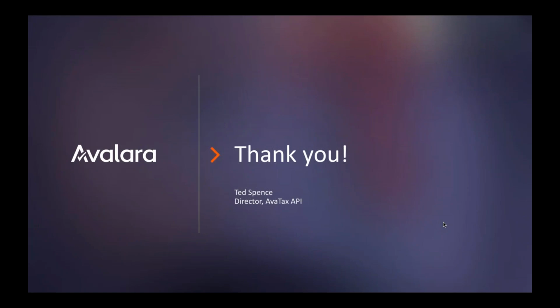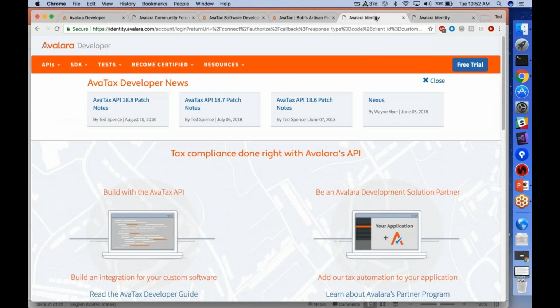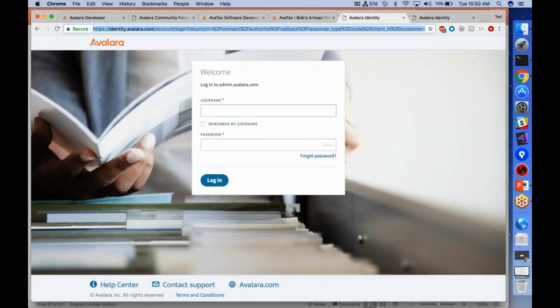Well, if you don't mind, I'm going to pop out of this presentation right here. I'm going to load up Steve's favorite user experience. So let's go over to admin.avalara.com. Oh, it's not going to remember my password. Give me just a sec to get this, but Steve, you want to do a song and dance while I type in my password here?